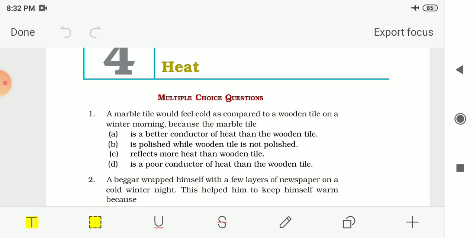Then we had seen about maximum and minimum thermometer. So the thermometer which is used to measure the maximum and minimum temperature of the day is known as the maximum minimum thermometer. Then after we had seen about mercury and kink. So in clinical thermometer there is a kink, or you can say constriction, near the bulb of mercury, and this kink prevents mercury level from falling down.